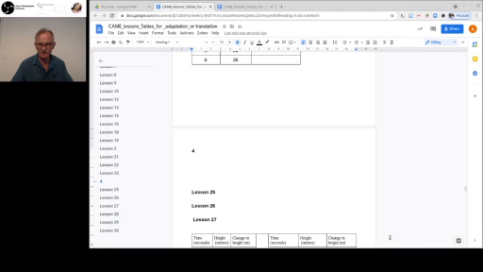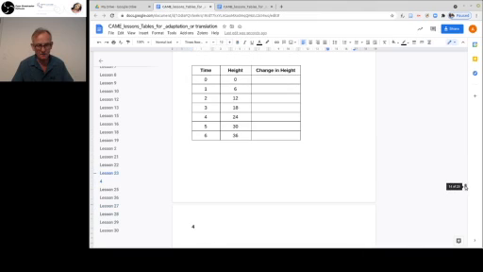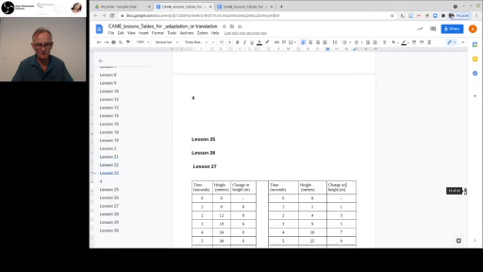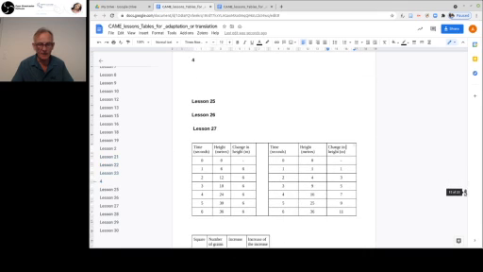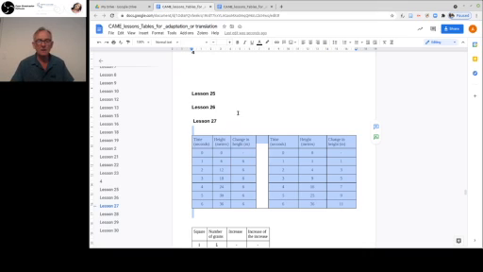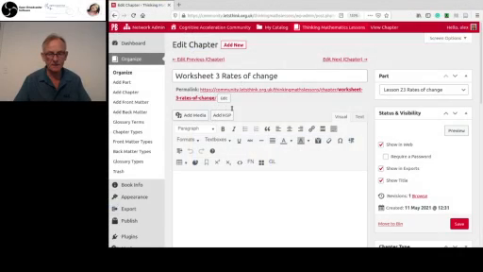Change scenes. And now we have this table. It's a bit more complex. Again, I copy it, change scenes back to